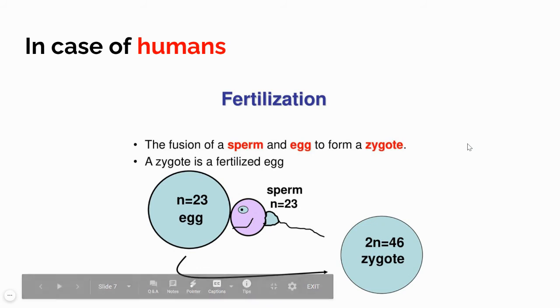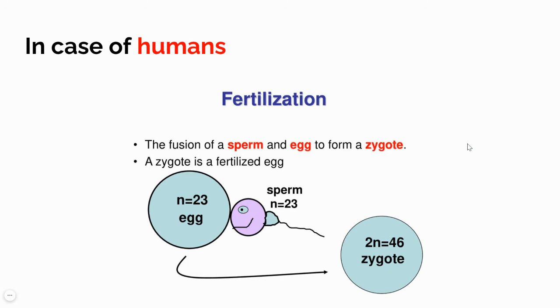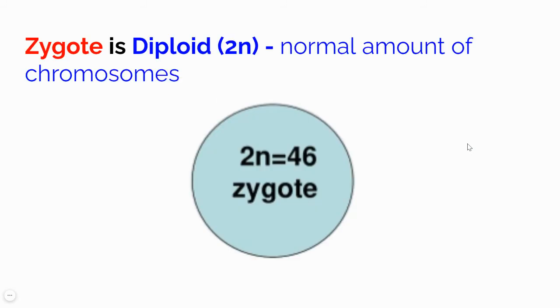Therefore, the understanding over here is our bodies need meiosis when we produce the gametes, and our body needs mitosis when we need to increase the number of cells in our body so that we grow in size, in case of multicellular organisms. So this is a diploid zygote. When we say that any cell has two sets of chromosomes, half has come from the sperm, half has come from the egg. So the father and the mother have contributed half set of the chromosomes. So now n plus n is the diploid set. Okay, this is the normal amount of chromosomes that the zygote will have.